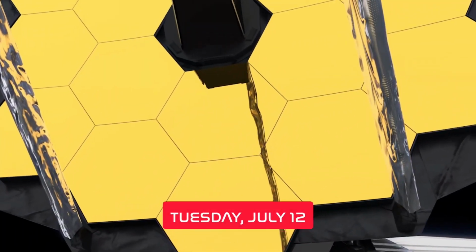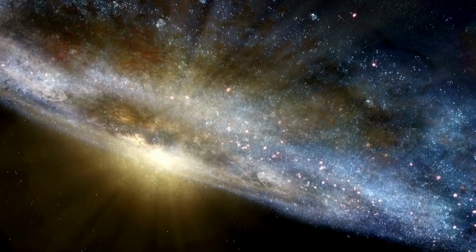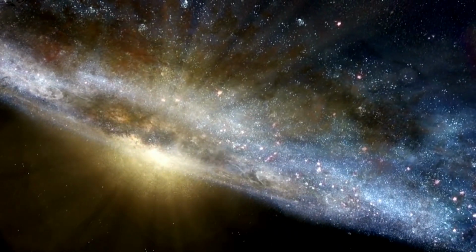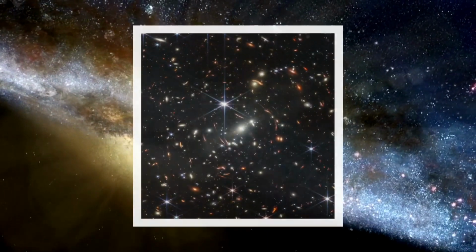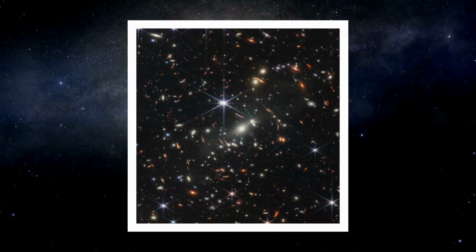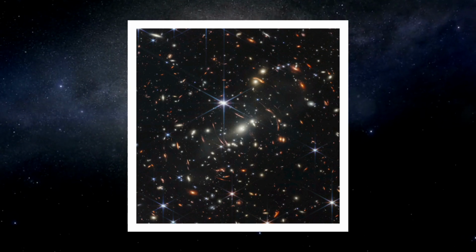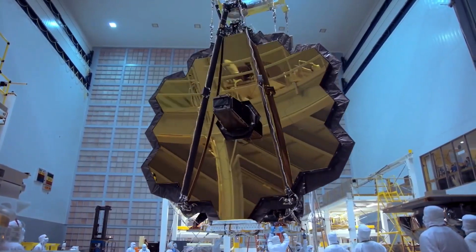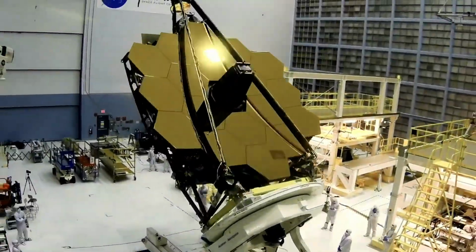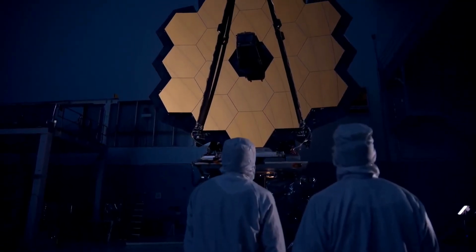July 12. The 4 targets, which include 3 pictures and a spectrum, provide fantastic detail of the infrared universe. President Joe Biden released a 4th image, a finely focused ultra-deep field view, during a live broadcast on Monday, July 11, displaying a cosmos older than humans have ever seen. The photos and data demonstrate the telescope's enormous potential to contribute to scientific study and mark Webb's shift into an